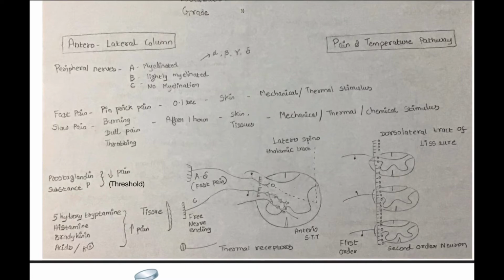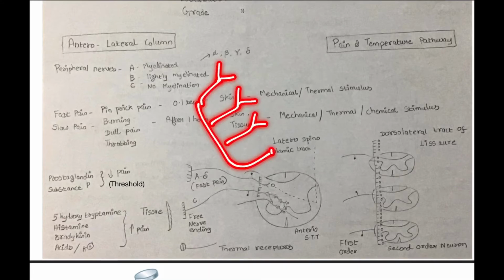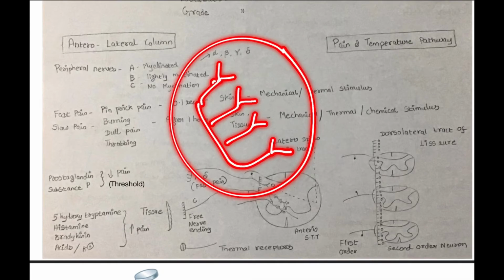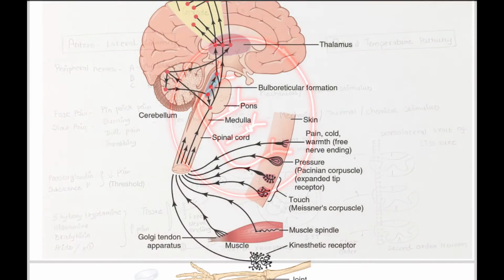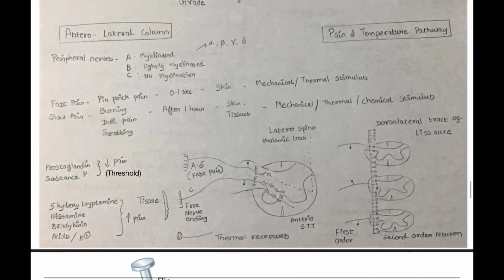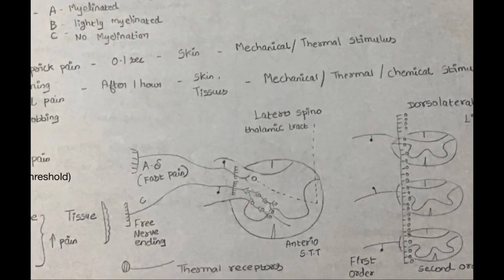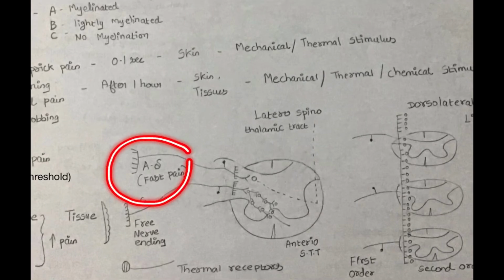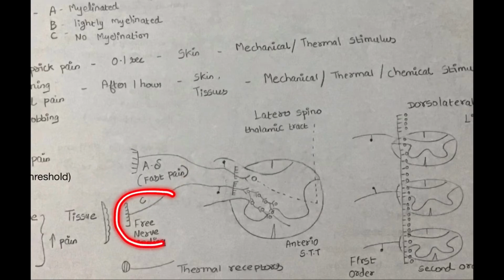And here these fast pain and slow pain nerve fibers are coming from the receptors which are located in the free nerve endings. So what are these free nerve endings? We have discussed earlier in the previous lecture. There are free nerve endings in the skin, and there are receptors in the free nerve endings that can sense the pain and temperatures. And here the A delta fibers carry the fast pain, and the C fibers carry the